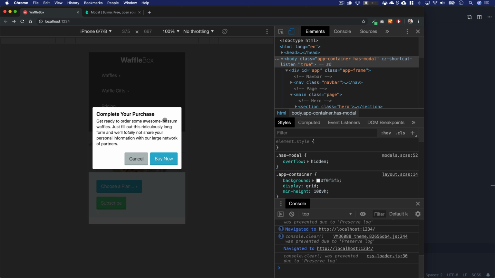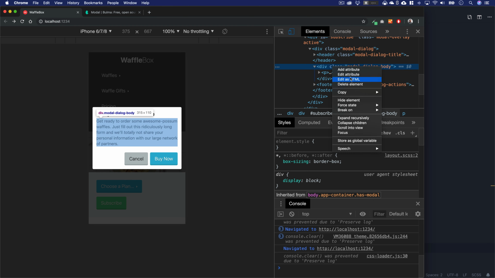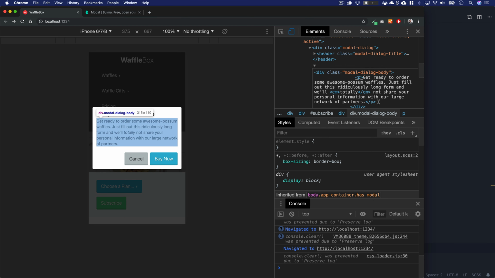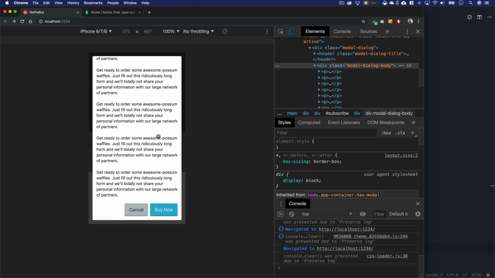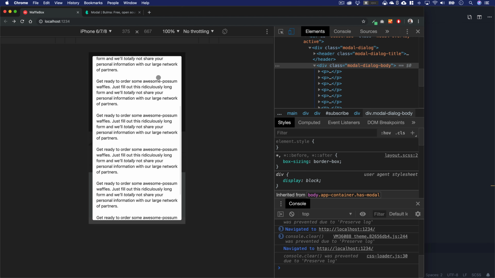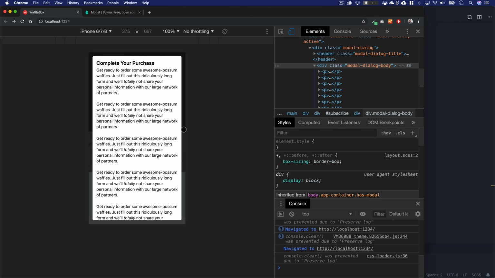I cannot scroll up and down in the background, but what's nice is if we have a bunch of overflow content inside of here, like so, I can scroll up and down here, but it's kind of locked to just the modal scrolling up and down. You see, even if I grab over on the edge, I cannot scroll up and down in the